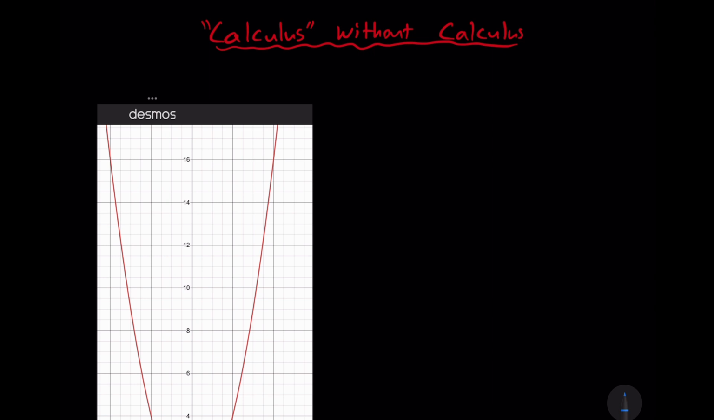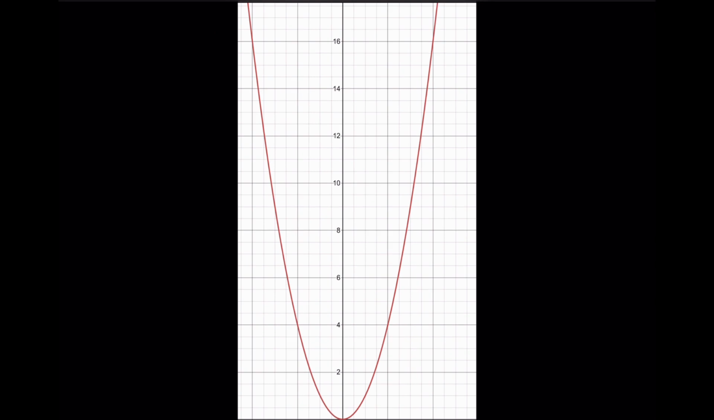We're going to be exploring calculus, so to speak, without calculus. And I think this is a pretty cool exploration of rates of change. We can use the tools of algebra to do this, and we're going to think about a parabola. So here is our parabola. It's the simple y is equal to